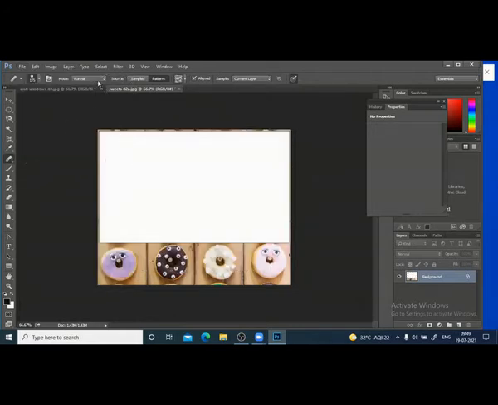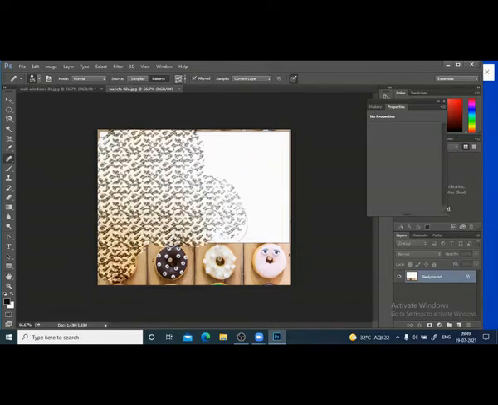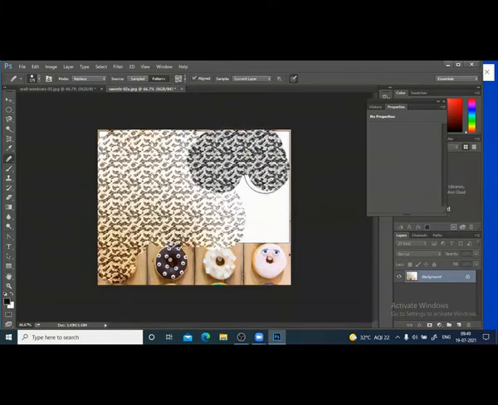When I use the pattern in the normal mode, it blends with the background. But if you use replace, you will get the original. It will not blend with that. So that is the difference, replace and normal. And always try to use align.